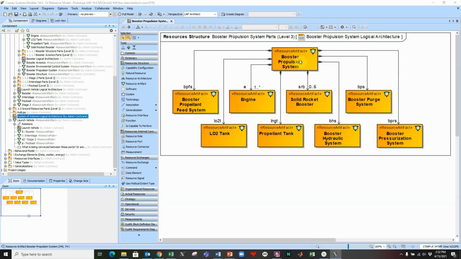We're going to use the MassRollUp pattern that comes with MagicDraw Cameo out of the box to calculate a mass rollup for a section of this structural rocket model. In this case, we're just going to focus on the booster propulsion system. So the first step is to select the element at the top of the rollup, in this case booster propulsion